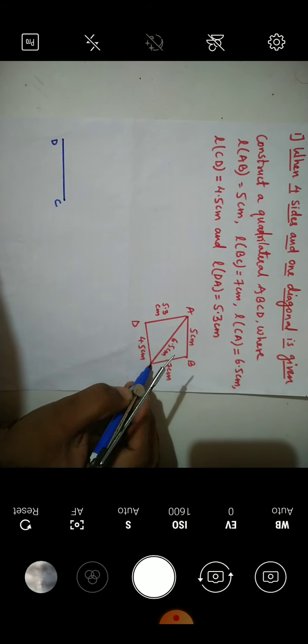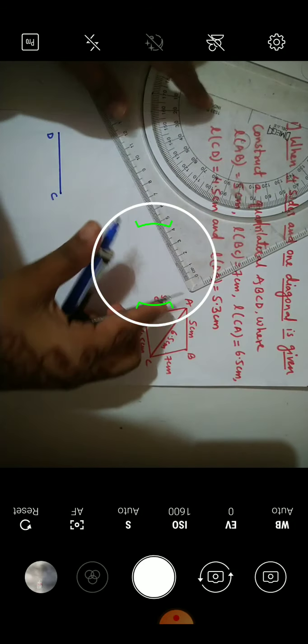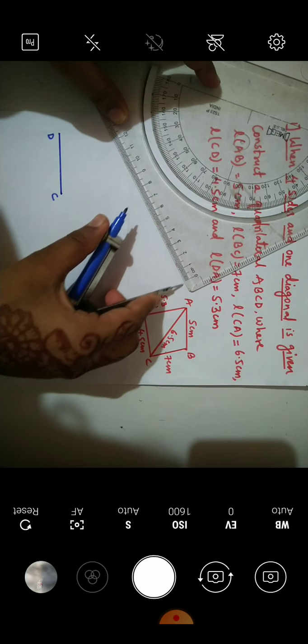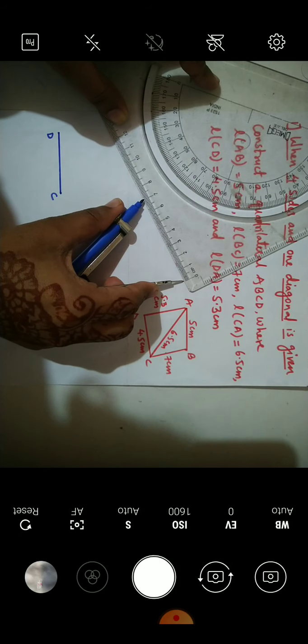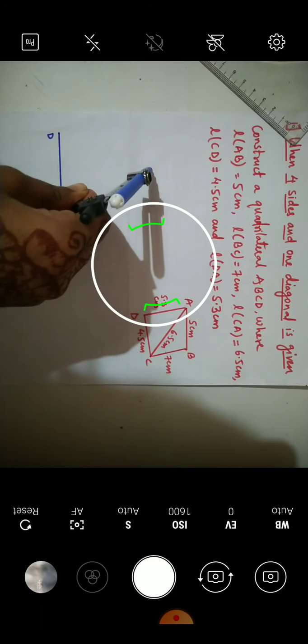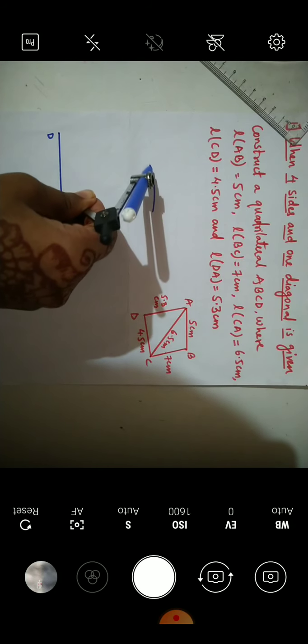Okay. Now after that, you can see the distance between C and B. The length of segment CB is given as 7 centimeter. So now I will take a distance of 7 centimeter in the compass. This is the compass. I'll keep the pointer on 0 and take a distance of 7 centimeter. As you can see, I have taken a distance of 7 centimeter. The distance from C to B is 7 centimeter, so I'll keep the pointer on C and draw an arc here. But from this arc, I will not get point B. I need another thing also, so I'll keep this on hold.